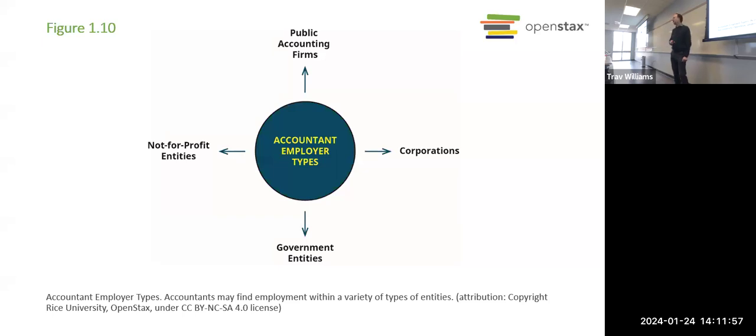You could work in government. We have an accounting department right here at Hartnell. And some of those jobs pay pretty well. Plus you get a pension, which is nice, and good benefits. And you get to stay around Hartnell. So you could work for us or for any other government entity because they all have to keep track of accounting. You could go work for a nonprofit.